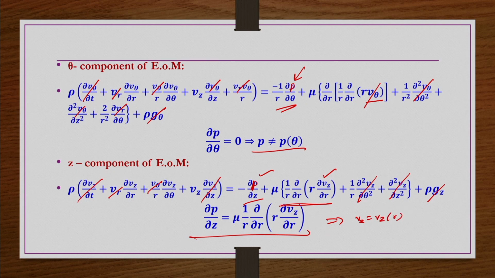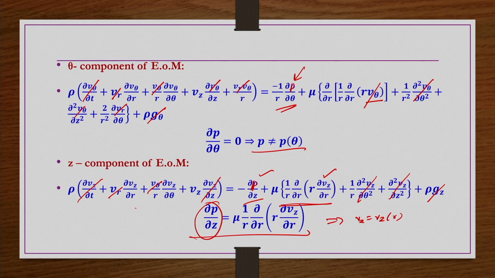But already we understand that pressure is not a function of r and theta. So, when we integrate this equation, the left hand side has only z pressure terms, and velocity is not a function of z. So, when you integrate, you can take the left hand side term as a constant while integrating the right hand side term. Similarly, the right hand side is only a function of r, but pressure is not a function of r. So, you can take the right hand side as a constant and then integrate it.